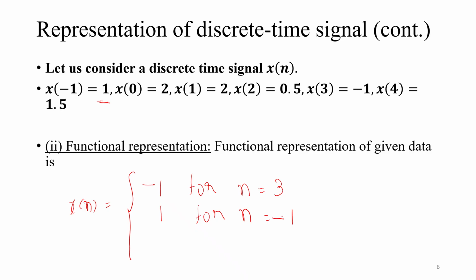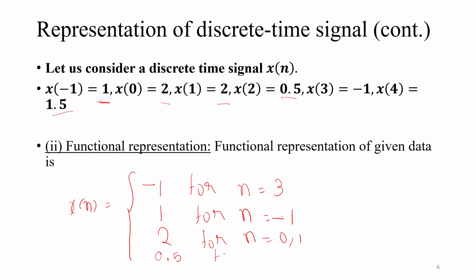Then x of 0 and x of 1 are both 2, so 2 for n equal to 0, 1. Now only two components are left: one is 0.5, the second one is 1.5. So 0.5